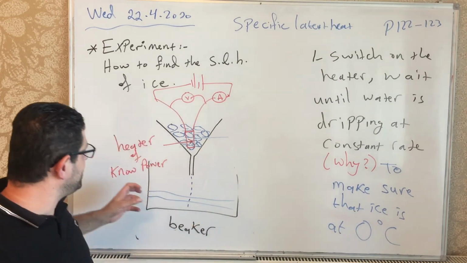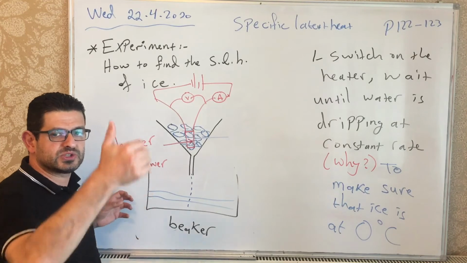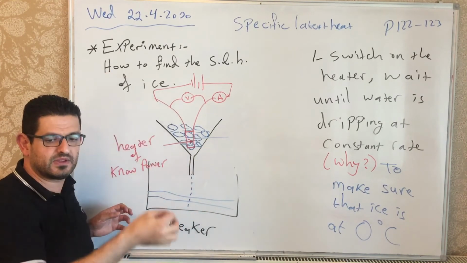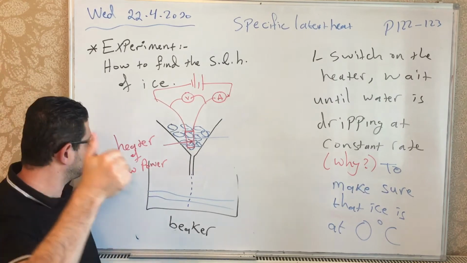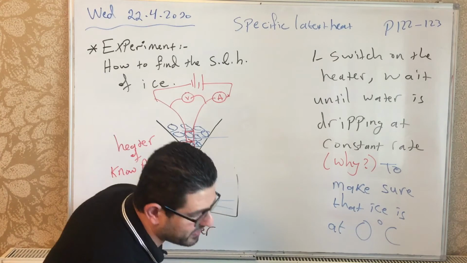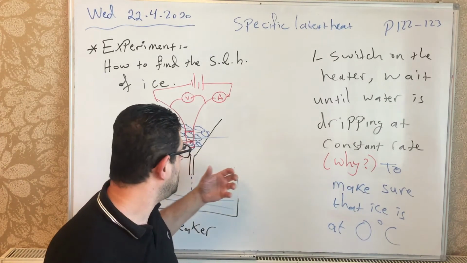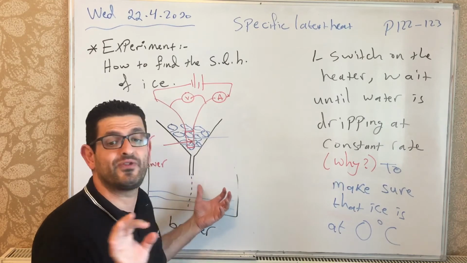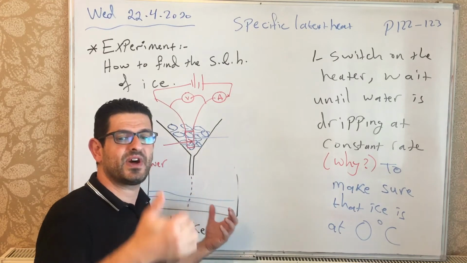So I will have another beaker. When I want to start my stopwatch, now water is dripping at constant rate. I have my stopwatch in one hand. I have the beaker in the other hand. I will push this beaker away and put the new beaker, the empty beaker of known mass, under the funnel